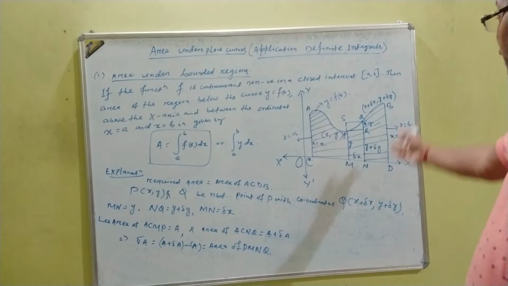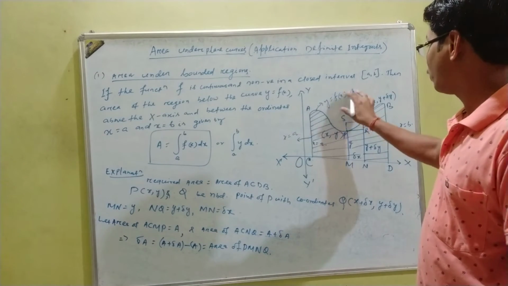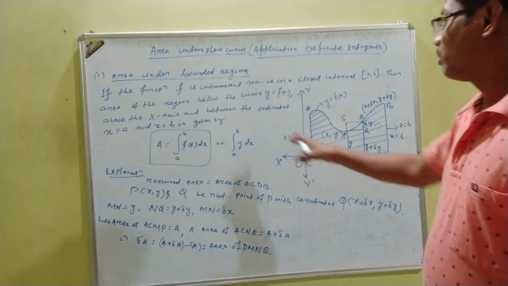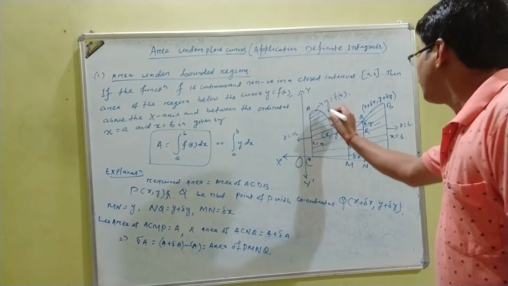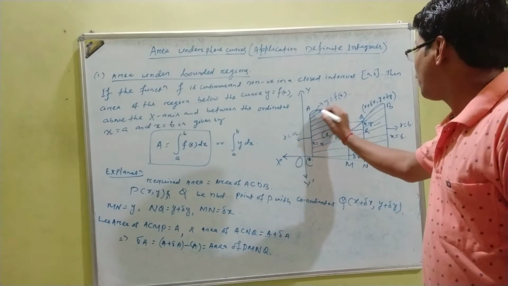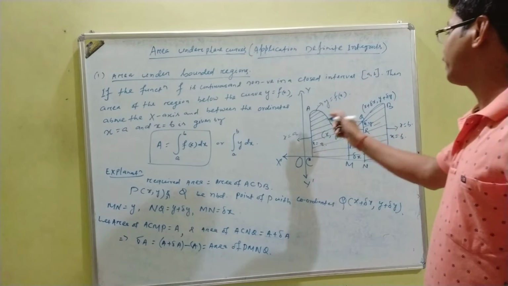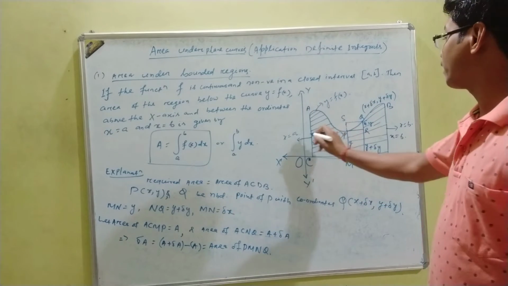The equation of the line is x equal to b, and the equation of the curve is y equal to f of x. And we find the area bounded by the curve. What we want to find is the area bounded by the curve and the x-axis, above the x-axis and between the two coordinates x equal to a